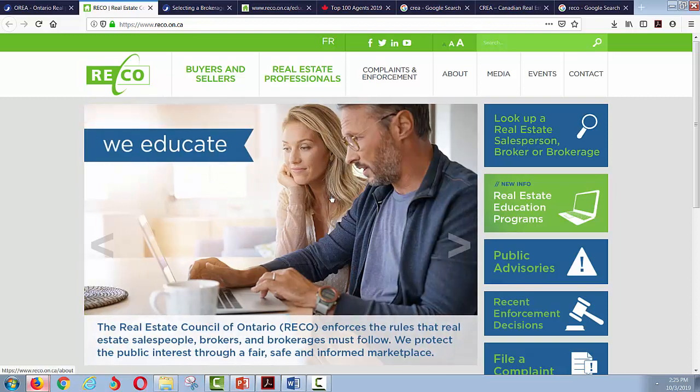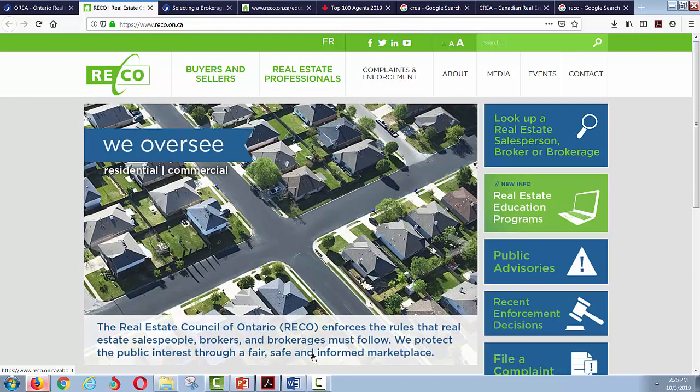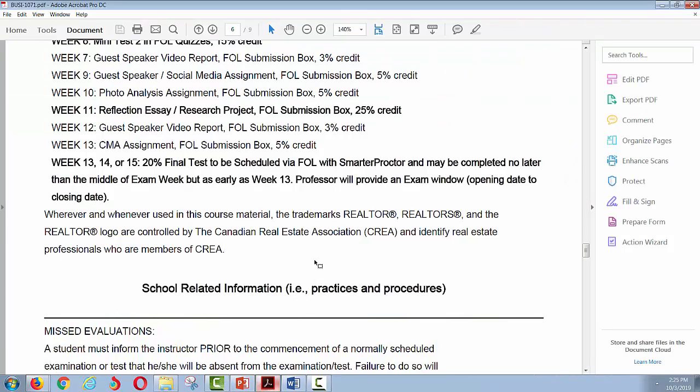So there are all these different things you're going to have to be a part of when you become a realtor. And of course, there are fees associated with all this. I just wanted to make sure you understood that about using the term realtor. I will constantly say in the course, becoming a realtor, you're going to be a licensed realtor, because it's the quickest way to say licensed real estate salesperson. Legally speaking, you are not technically allowed to call yourself a realtor unless you pay that little extra fee and become a member of CREA, and they do the same thing in the States with their organization. It's kind of funny the way that works, but that's how it works when things are trademarked,